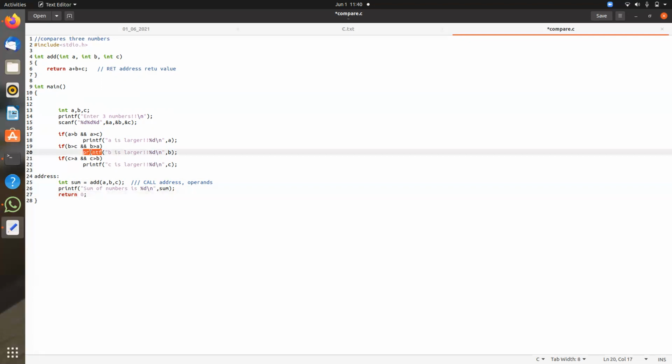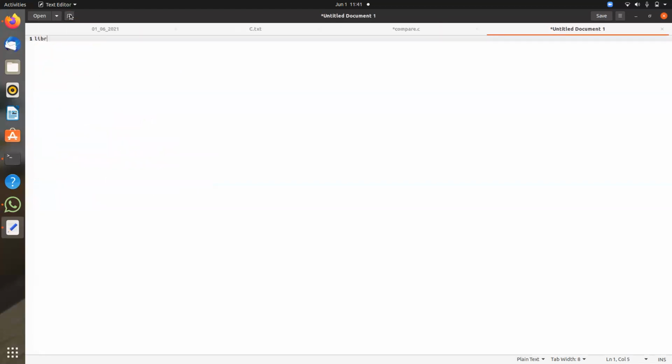Now, what happens in case of printf? Printf is also replaced by call and address. But this address is not available in our source code. Do you see printf defined in our source code? No. Okay, so what I'm trying to tell you is printf is declared in a library called libc.so. Libc is the library name, and it is defined here.